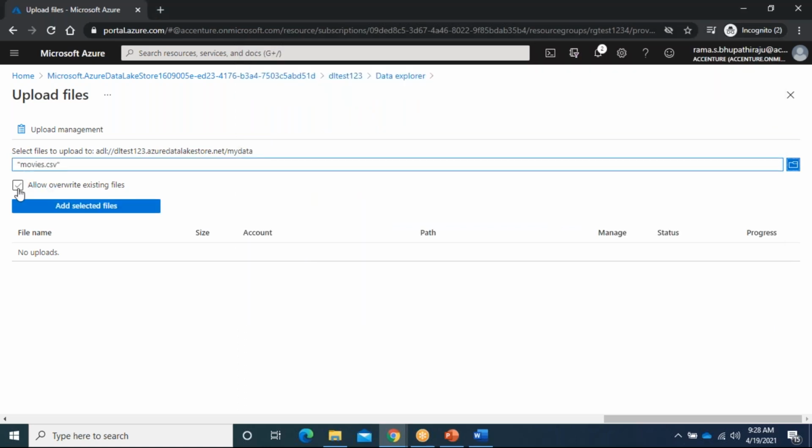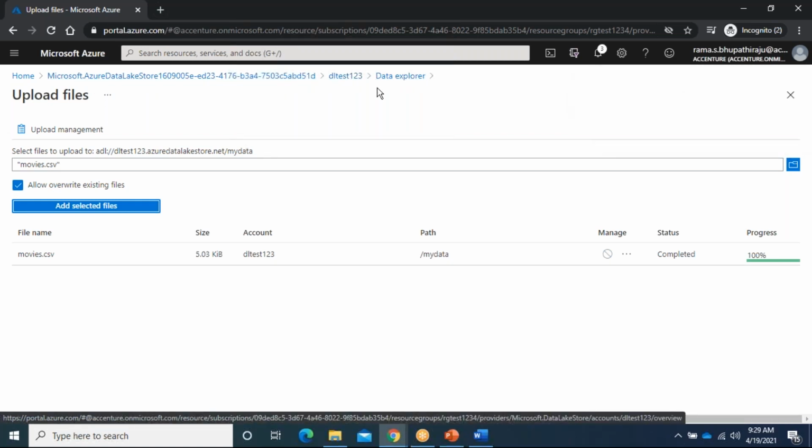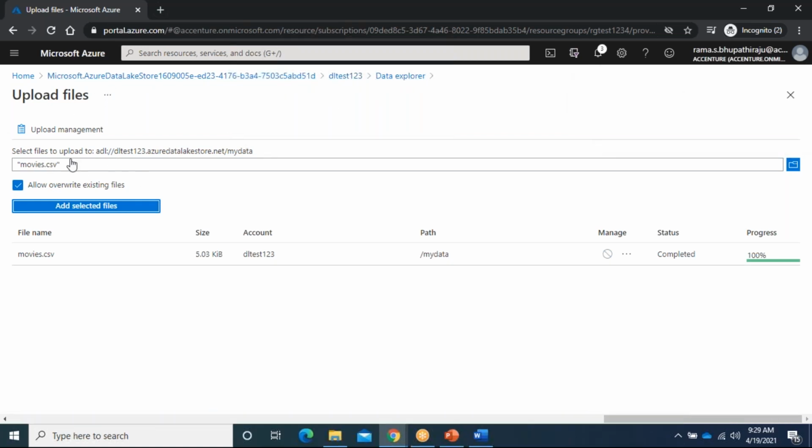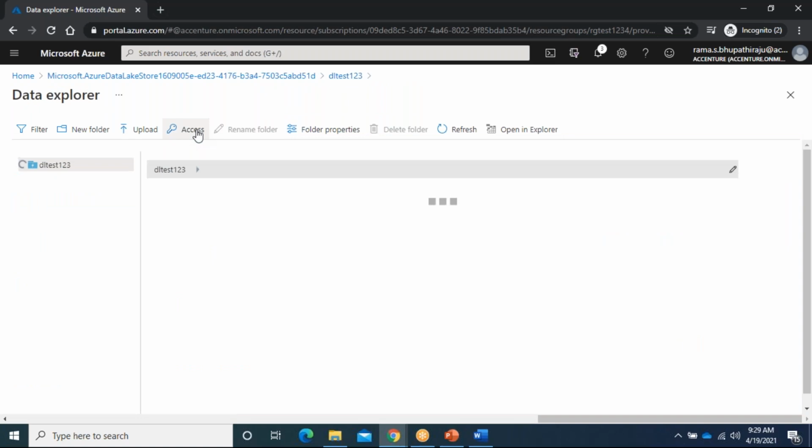Just allow, add selected file. It will be uploaded. So for example, here you can see your storage account and data explorer. That's fine. And now I am going to my data lake again. If you go to again data explorer, if you go to my data,